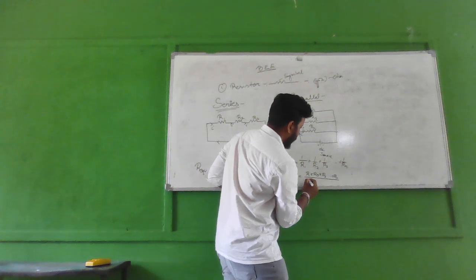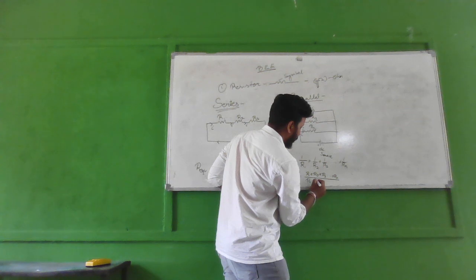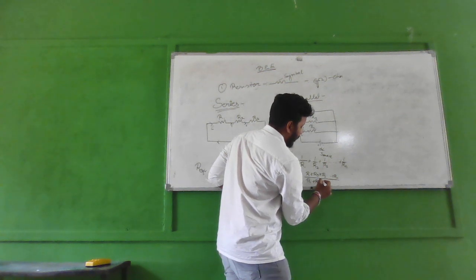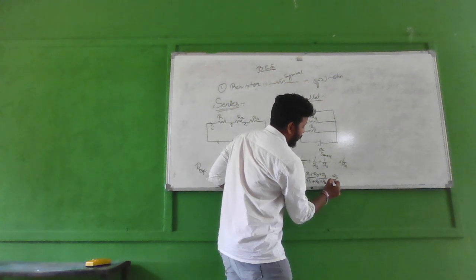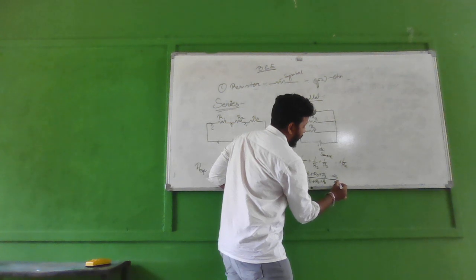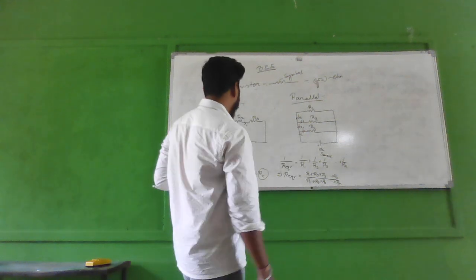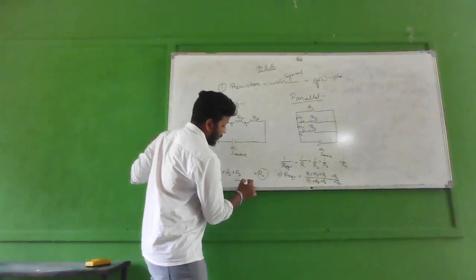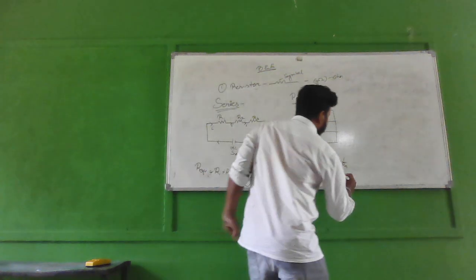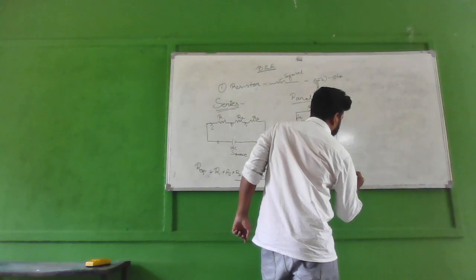And in the denominator, there is R1 plus R2 plus R3 up to Rn. So, if we take this equation 1, this equation 2,